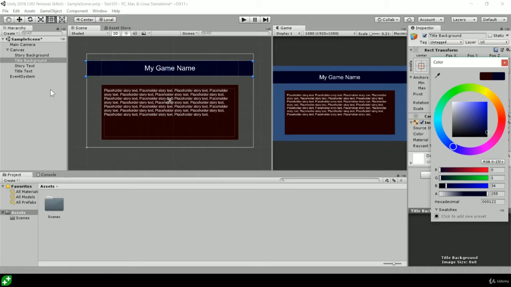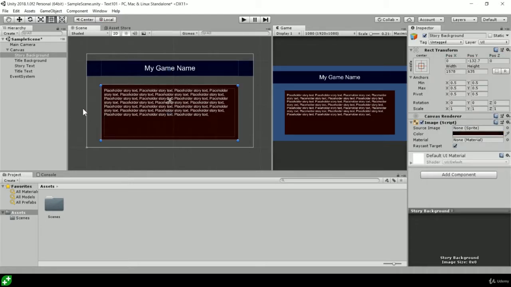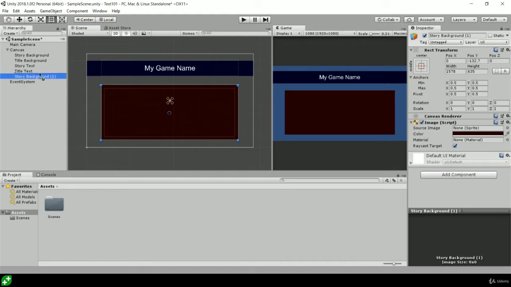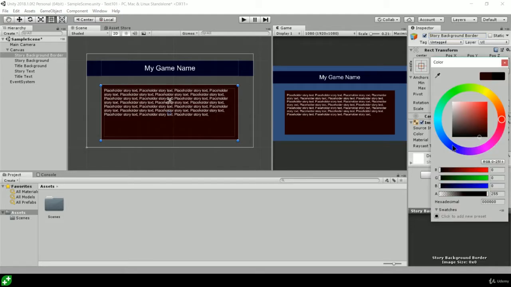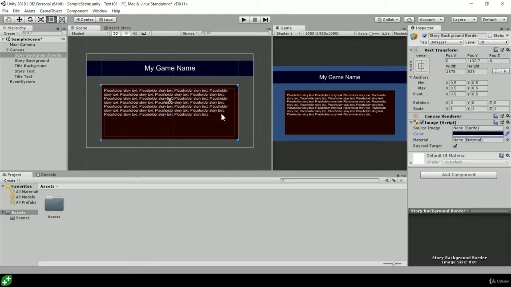And the final step I mentioned to you about creating a border. So if you click on your story background, duplicate that, drag it all the way up to the top. So it's going to be the bottommost element. I'll change this to story background border as its name up here in the inspector. I'll change the color to probably just straight up black so we can see it. And then when I move the outside